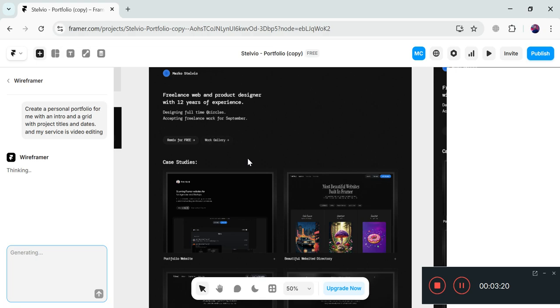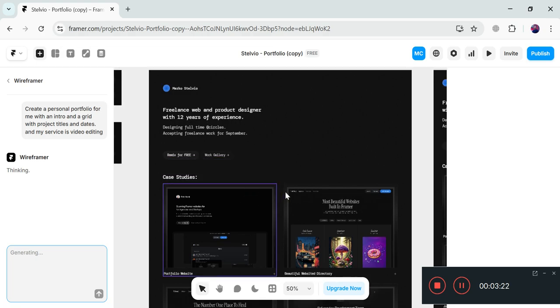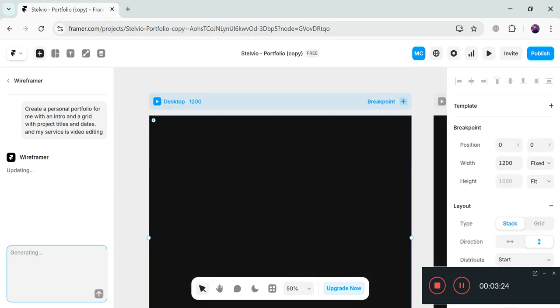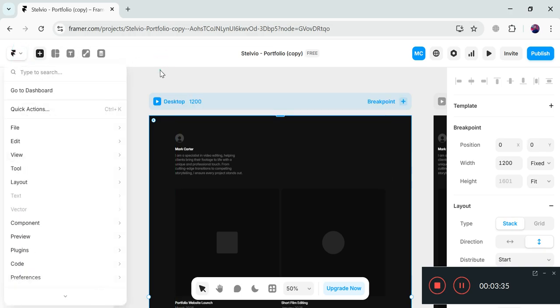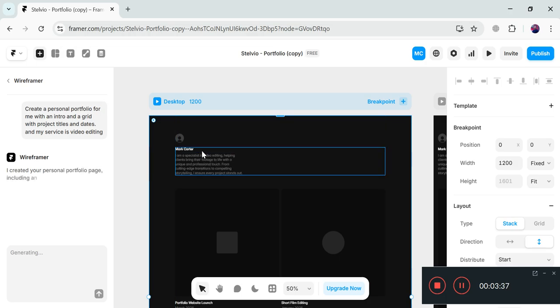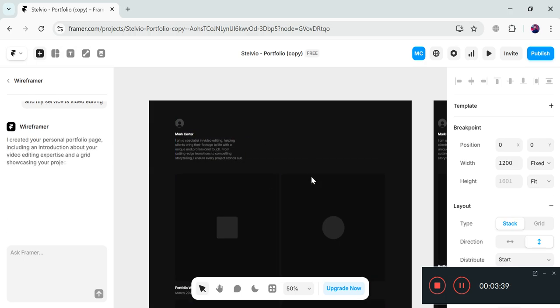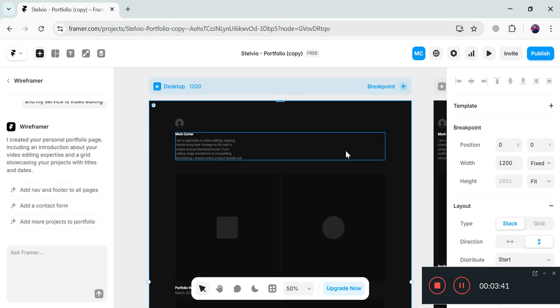Okay, this is the ready-made template that's been open right now, and now I have given it the command and then it will generate a website in front of you, and after that you can do the customization as you want. You have multiple options for doing this. So here you can see that it has started generating with my name, and now it will add some settings as well.